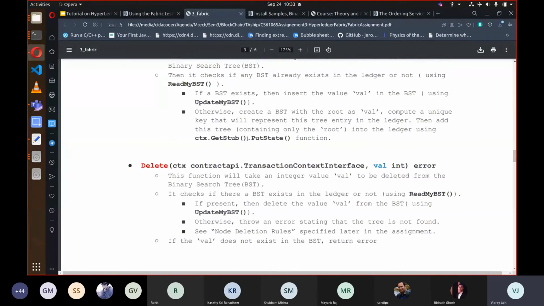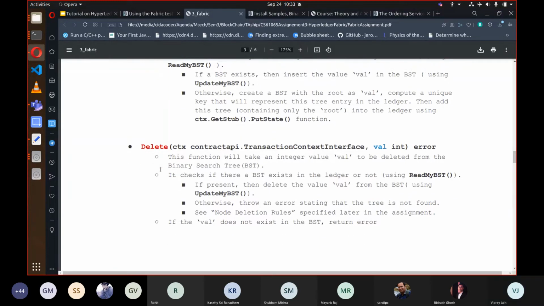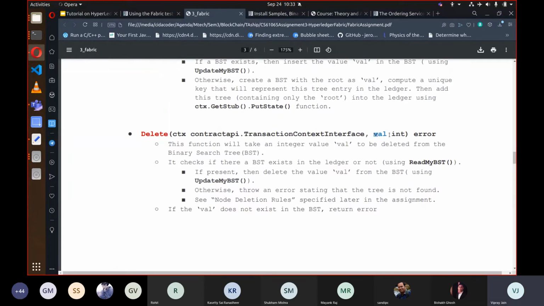this put state function. Then the second function is the delete function. Here also an argument is passed, an integer value. You need to delete this value from the BST if it is present. It will return an error if the value is not in the BST already. Again, you can use this read my BST function to check whether the BST exists or not.